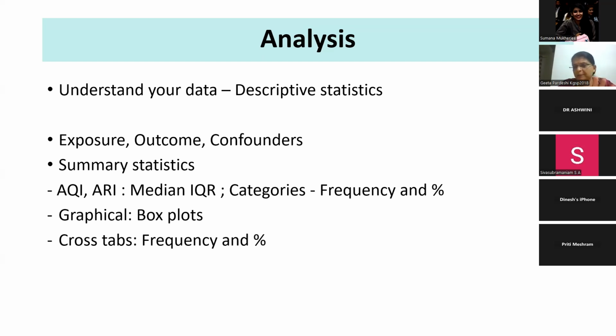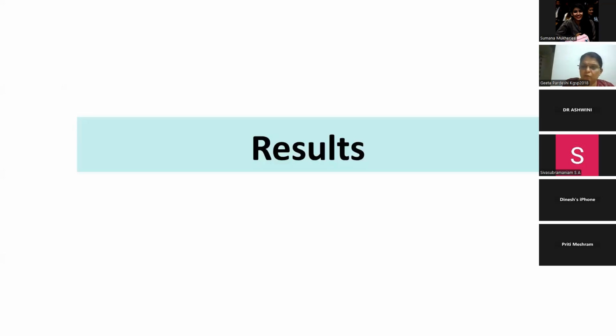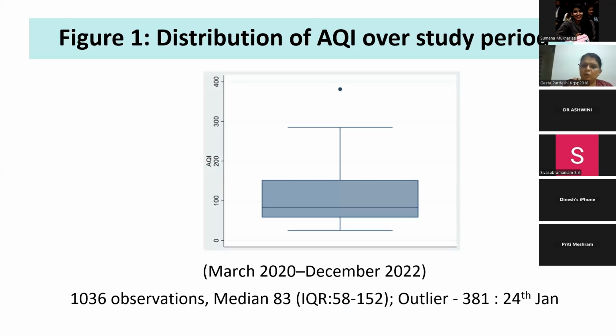Or you can have cross tabs, and in the tabular form also you can try and report the results of this kind of analysis. So when we looked at the data and did a descriptive analysis for the exposure outcome variable, we found that this was the distribution for the AQI. Now we are not looking at AQI categories, we are reporting just AQI values and trying to understand what was the situation. So you can see that the data we have looked at is from March 2020 to December 2022,